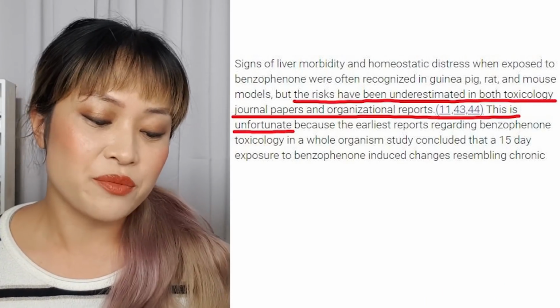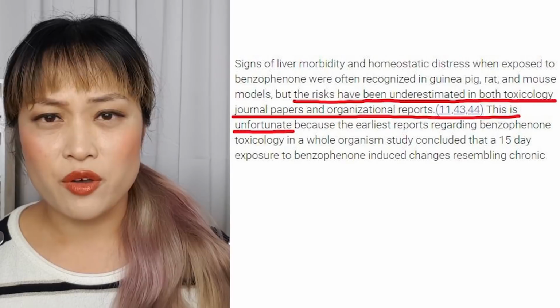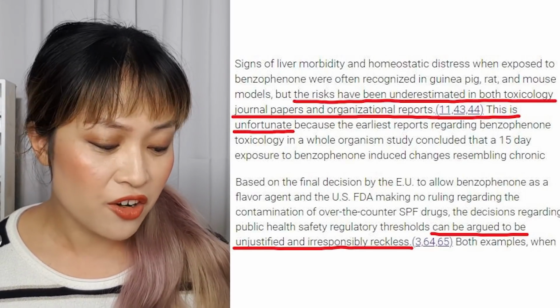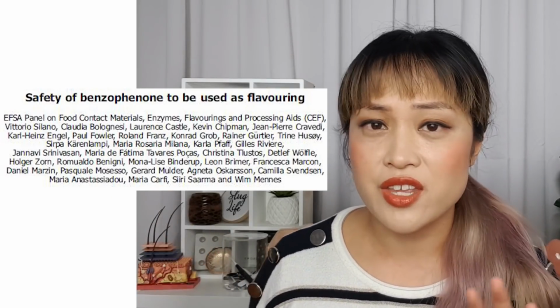So how do the authors explain why their conclusions are so different from the scientific consensus? Well, they kind of just say that the other people are wrong. The risks have been underestimated in both toxicology journal papers and organizational reports. This is unfortunate. Not only that, but the authors say that these other people can be argued to be unjustified and irresponsibly reckless. So all of these scientists who specialize in human toxicology, you can check out their CVs and